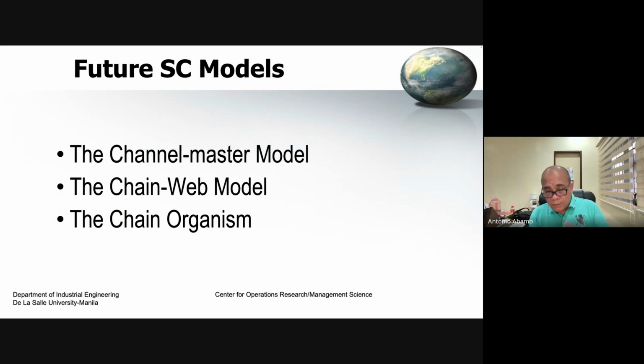Now, in the future, as we look at supply chain, as we analyze supply chain, there are various models of configuration of supply chains that are in operation in the market today. So one here is you have here a channel. If you analyze a supply chain, you need to have a configuration. You need to understand what's the configuration of the chain that you are looking at. First, there are three types of configuration of future supply chain models. You have chain master model, you have chain web model, and the chain organism model. Now, what is a